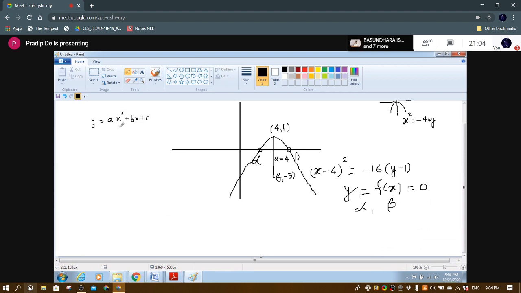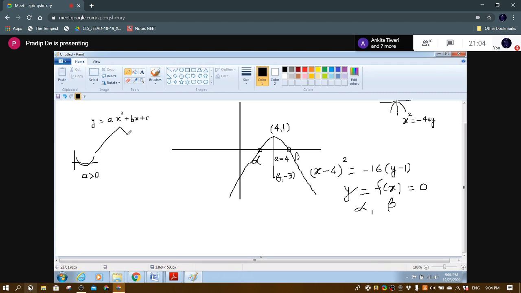So this is like this one. If a is positive, greater than 0,